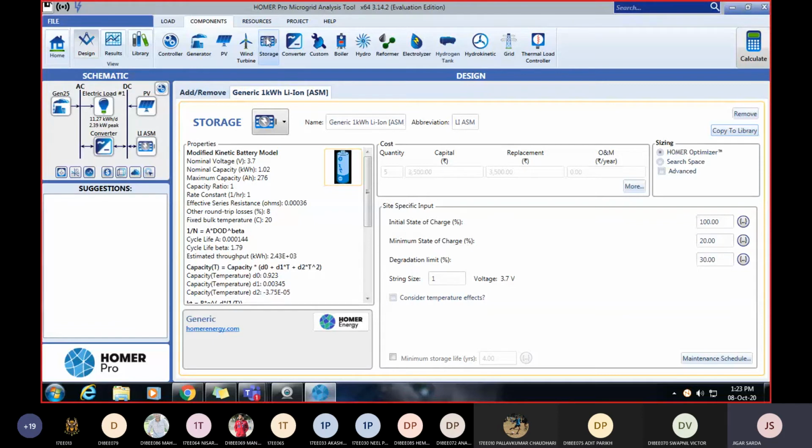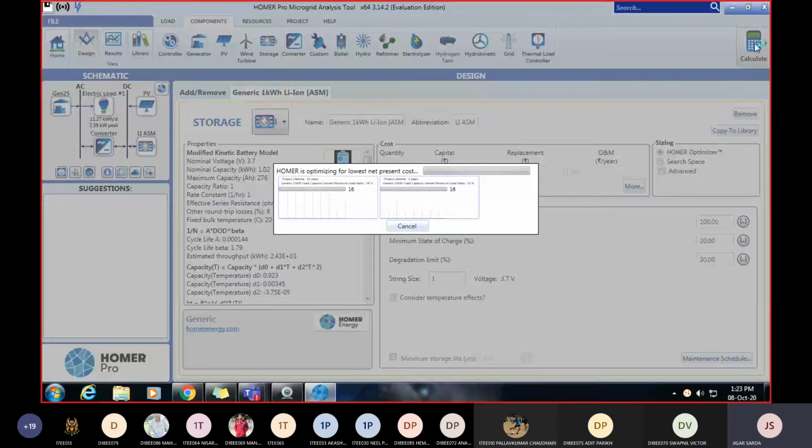Copy to library. So see, here the battery is present. By selecting the components, you can expand your system and design your microgrid. This software is particularly for microgrid designing, right? If you know the demand of your area, then you can select what capacity to use for solar panels and converter, and what the cost is after 25 years, right? This type of analysis is performed in this HOMER Pro software. So now we calculate our costing, right? Click on the calculate button. This is the analysis.